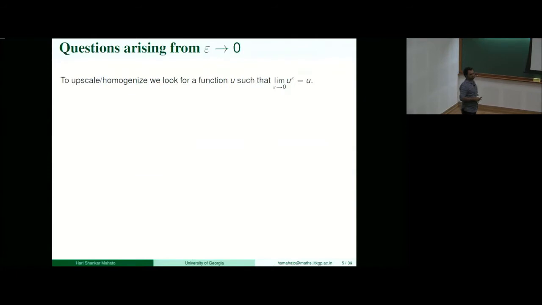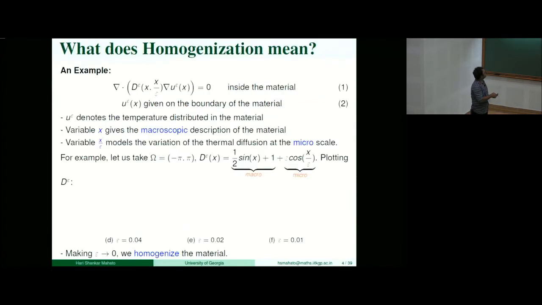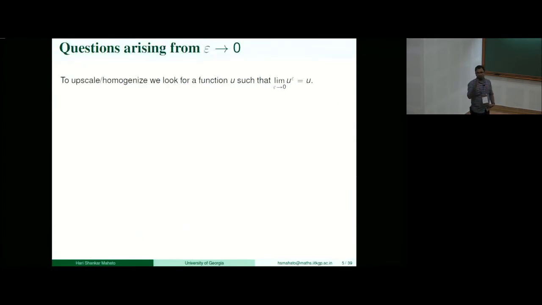But the issue is, when we say epsilon is going to 0, what do we actually mean by it? We are saying that there is some kind of limit. So as epsilon goes to 0, u epsilon, the solutions of your given equation, will converge somewhere. We are talking about some sort of limit abstractly.